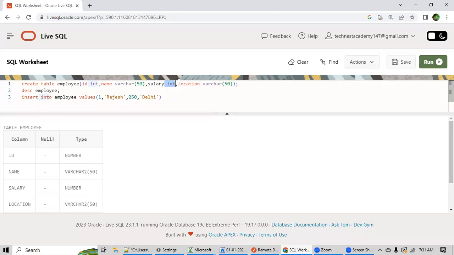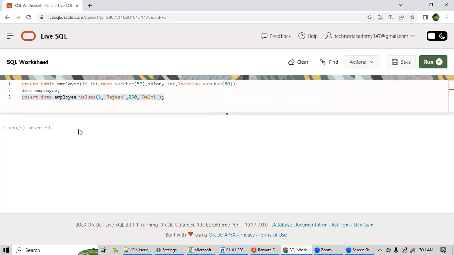But location is varchar data type, so location Delhi I have kept within quotes. Then give a semicolon at the end, select it and click on the run button. Now see, the record is inserted.